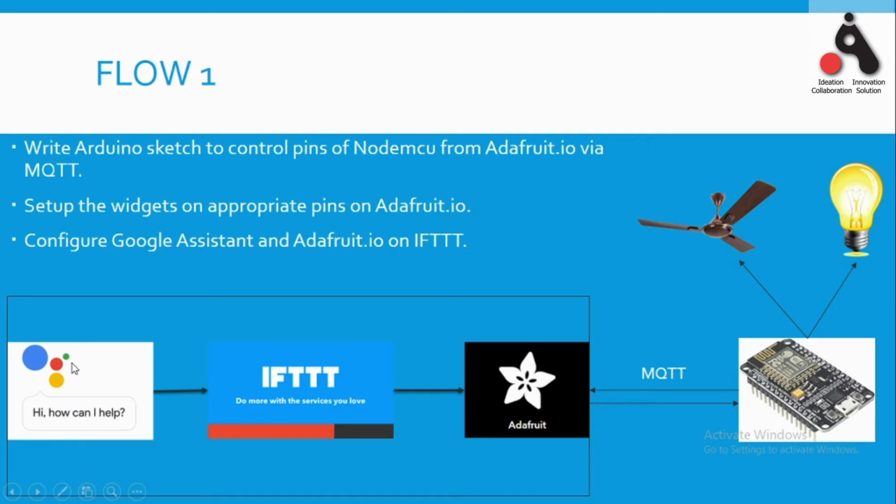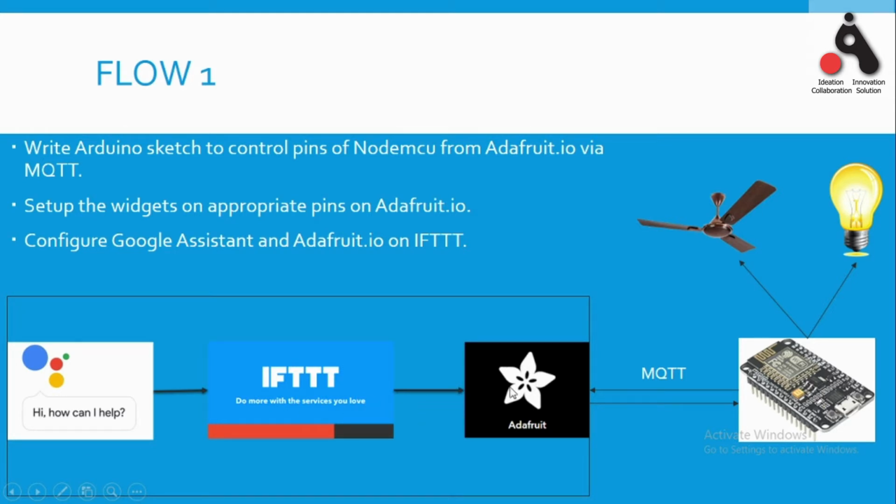So how it works is, when we send our voice command from Google Assistant, we have a service called IFTTT, and this service will connect Adafruit.io, which is an IoT based platform which controls our NodeMCU, and NodeMCU will control our home appliances. So IFTTT will connect these two applets. We have a pre-built applet of Adafruit.io and an applet of Google Assistant. This IFTTT service will connect these two, so that we send our voice command here, and it will interpret this voice command into data, anything we want.